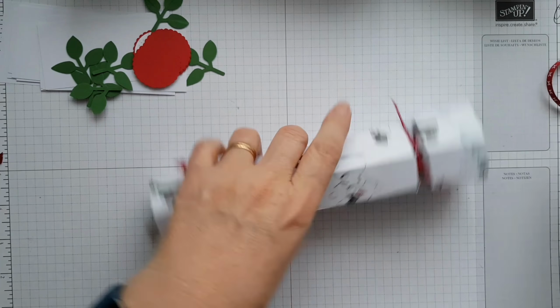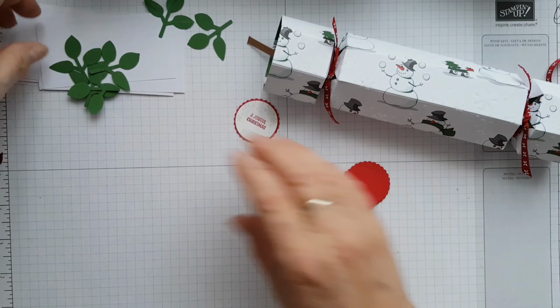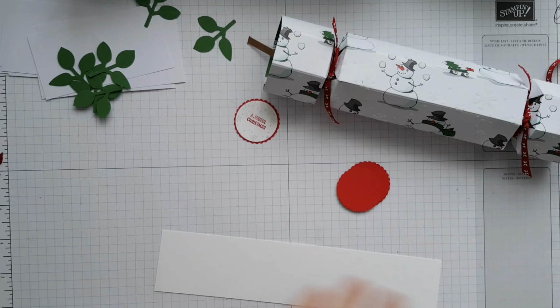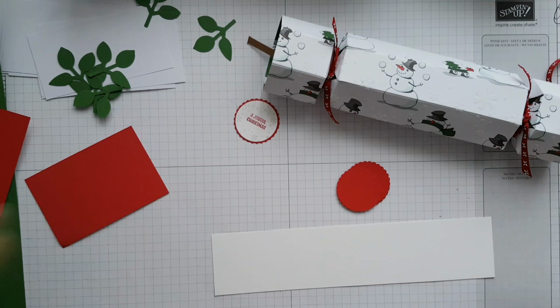Okay, so that's that bit. And then to do the label, I've got one pre-prepared, but I'll show you how to do it. Just get some scraps of white and some scraps of red. So that's a big scrap. Righty-ho. So yes, scraps. For the verse and the little sentiment on the front,